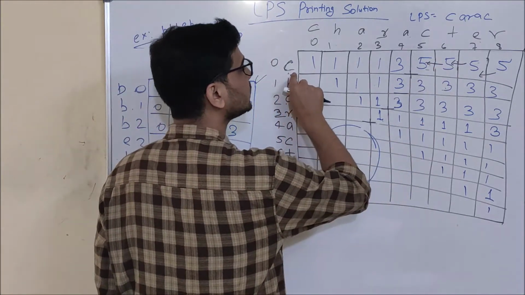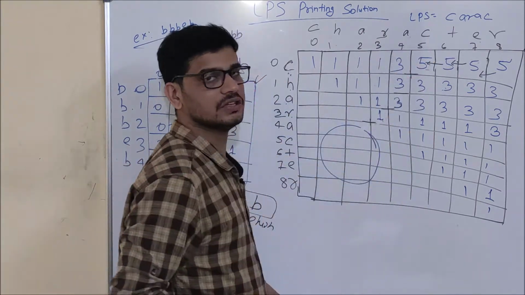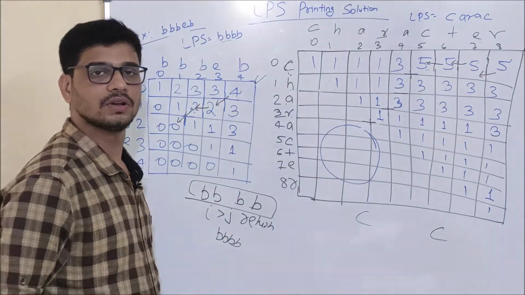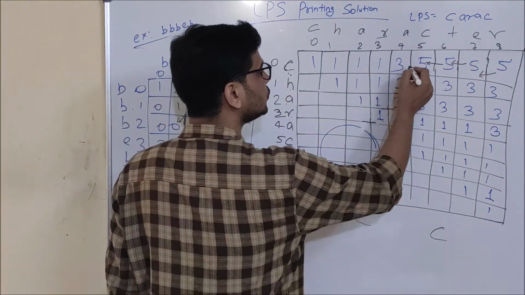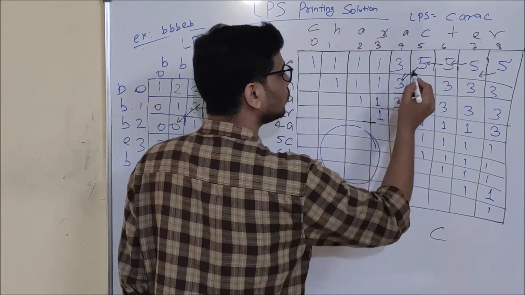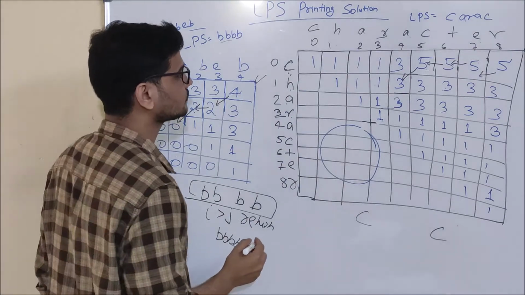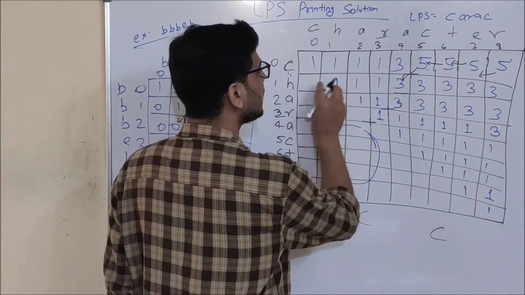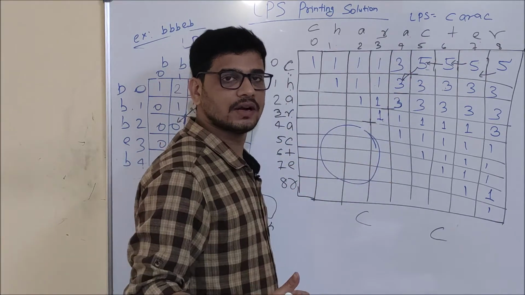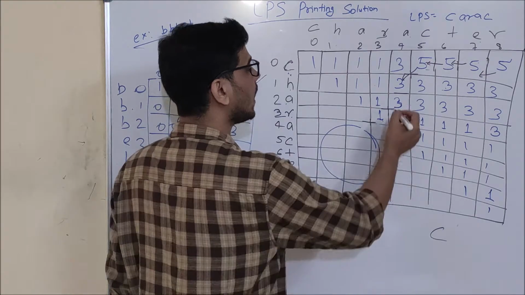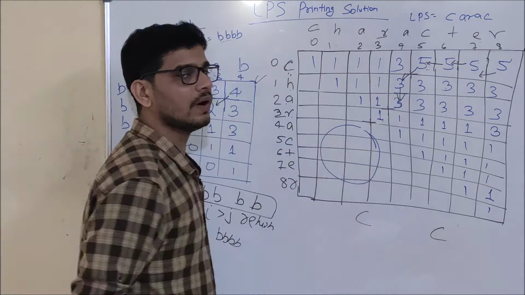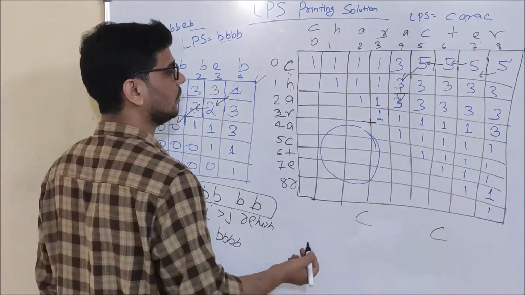Now as you can see, here the character is C and here also the character is C. That means these two are going to be in our answer. We have got matching characters, and these two characters are in our answer. And now we will move to the diagonal value. Now see, here I have A and here I have H and here I have A. The characters are not matching. What does it mean? Either I came from down or left. As you can see here, the value at down is greater. So I will move to down.